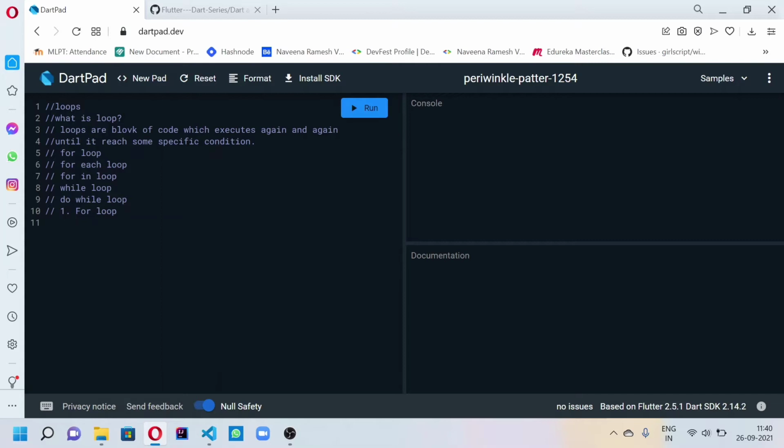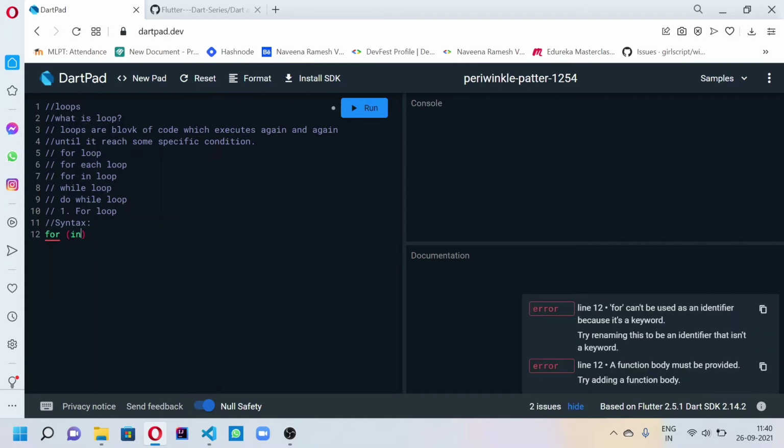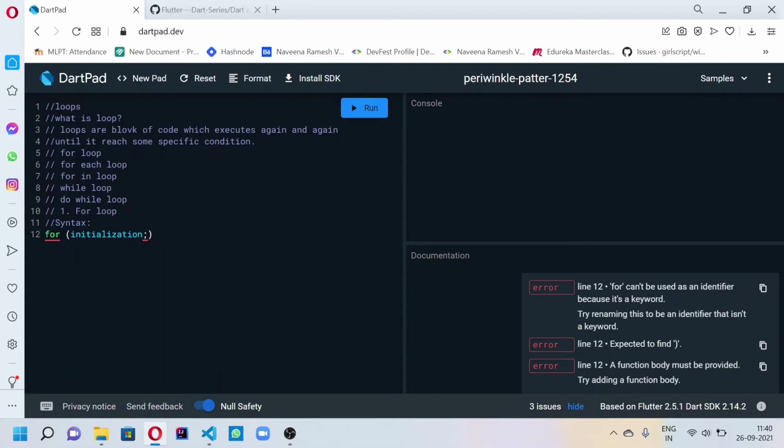In Java also we have the same syntax, the same thing, everything. Let's see the syntax now, and I'll explain about the workflow, how it will go. First we'll go with initialization. Don't see this error, because if we have not given the main function, it shows us the error. Then we'll give the condition and we'll give the increment.